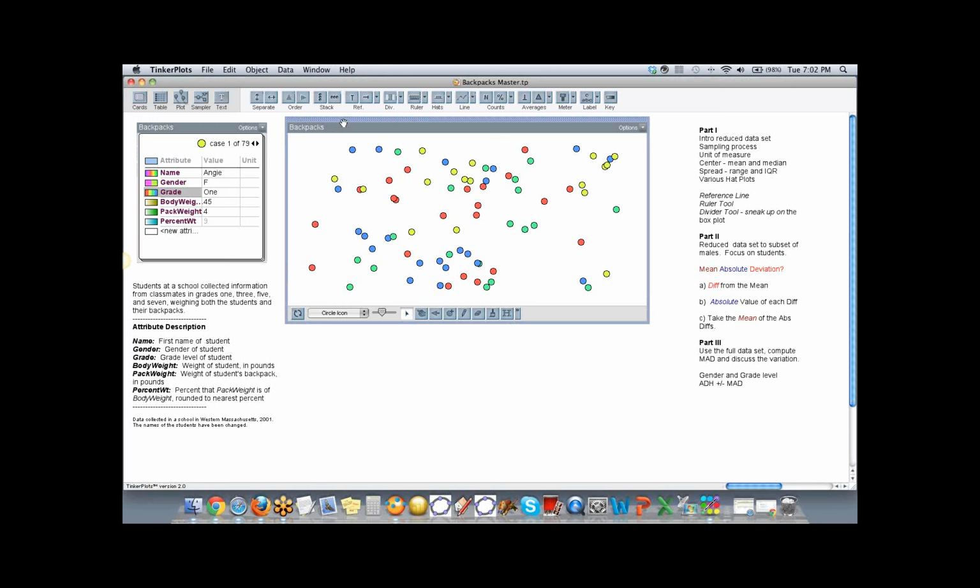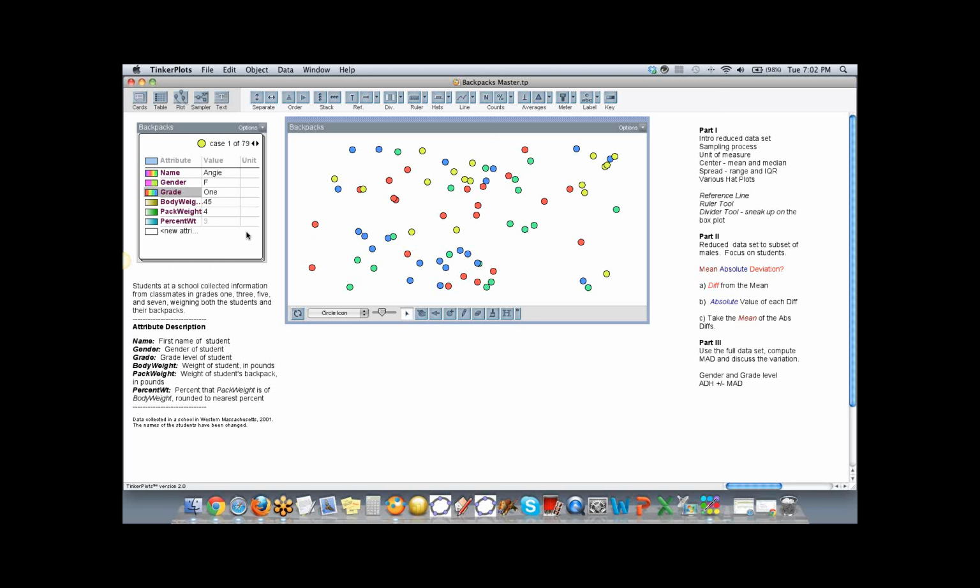This would be a nice activity for you to do with your students because most students carry backpacks. But I want to talk about the sampling that was done before we get started, because design in your experiments is important, and when you're surveying, you can think of that as an experiment. If you go into a school and survey the students, it's probably not random sampling, it's probably convenient sampling or cluster sampling.